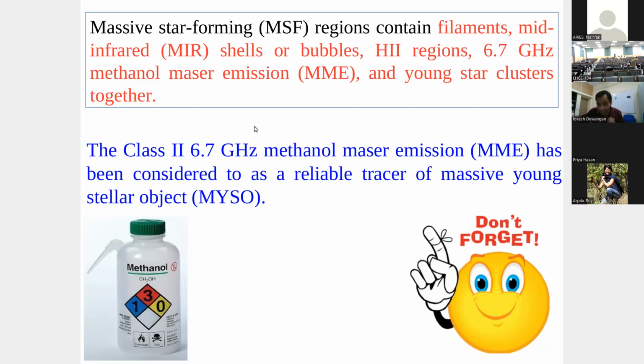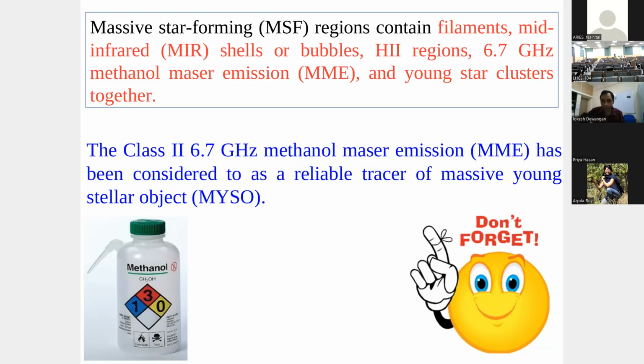So if you detect this 6.7 gigahertz methanol maser emission, there is a probability that you are actually tracing young massive stars there. These methanol masers, the 6.7 GHz ones, can be associated with ionized emission and may not be associated with ionized emission. So with the absence or presence of ionized emission, you may detect the very earliest phase of